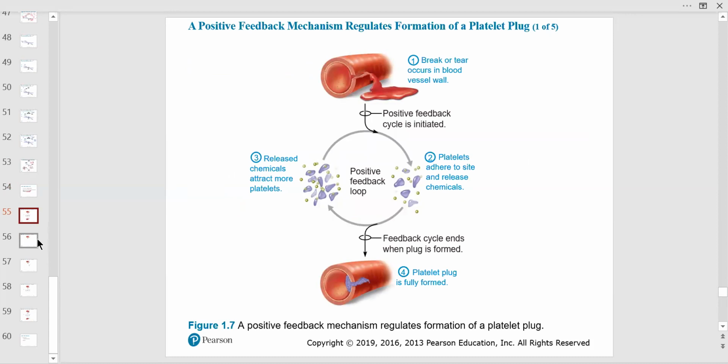Rock and roll. So this is just showing, this is a very complicated cascade. It's called coagulation from a platelet plug. And it's not just the platelets, there are other clotting factors that are actually involved. So this is supposed to happen when there's an injury, because again, our bodies are so sensitive about losing blood. So we got to get those platelets. Completely appropriate too. You get the platelets and they release chemicals. They bring in other clotting factors and they try to seal that off. And that's fine. I mean, that's good, but it's a positive feedback.